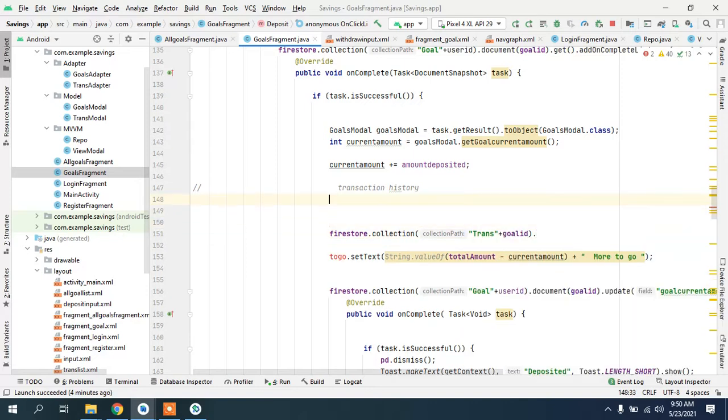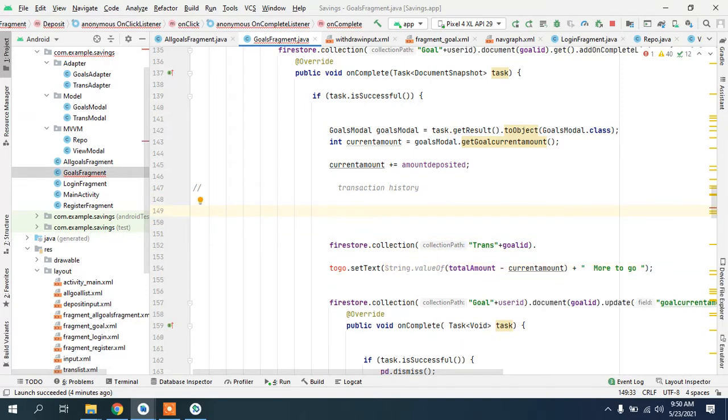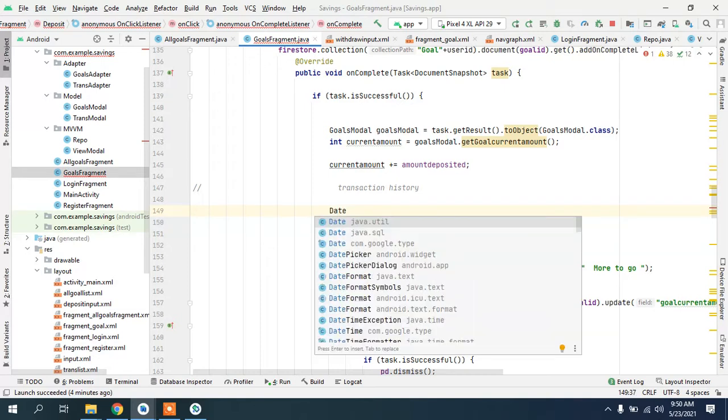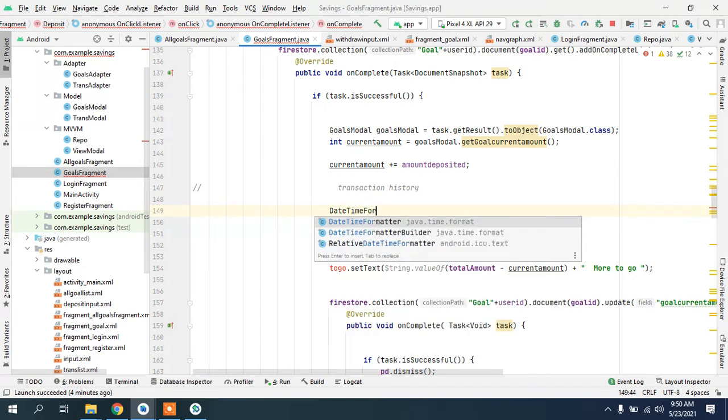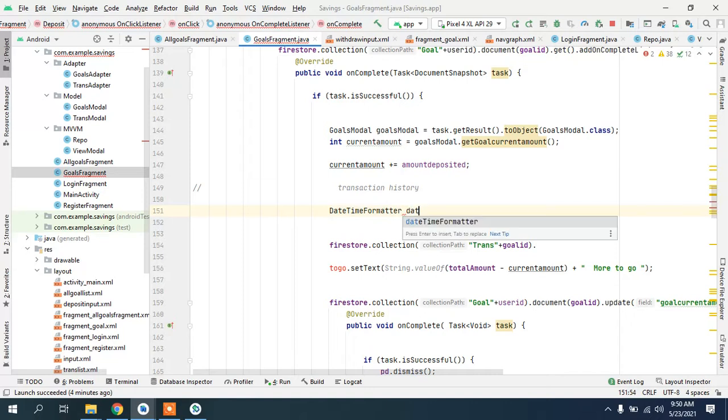Now let's track our transaction and sort them with time, because we want the most recent. We don't want the transactions to be mixed up. Whatever transaction we have made at whatever time, it should display in order. If we withdrew first, it should show the withdrawal first. So therefore, to name the